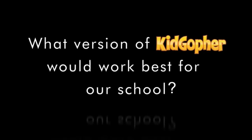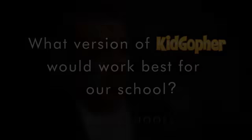Initially, when we announced and released KidGopher at the Digital Signage Expo in Las Vegas earlier this year, we really had one version. It was an enterprise version because the school districts we had been working with would have 10, 15, 20 elementary schools that were part of their organization. And we soon found out that we had a lot of smaller school districts, maybe even private schools, that really wanted to utilize the features of KidGopher, but could not justify the enterprise server and the infrastructure required. So we decided to offer a SaaS model, software as a service, that we call KidGopher